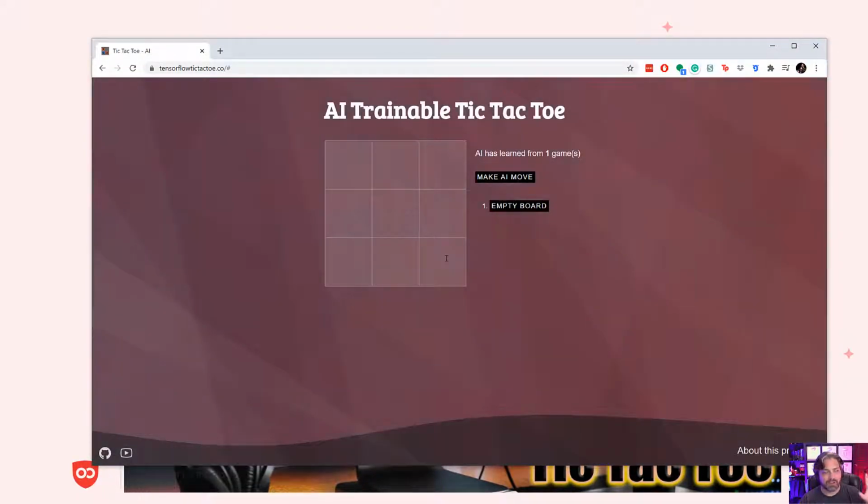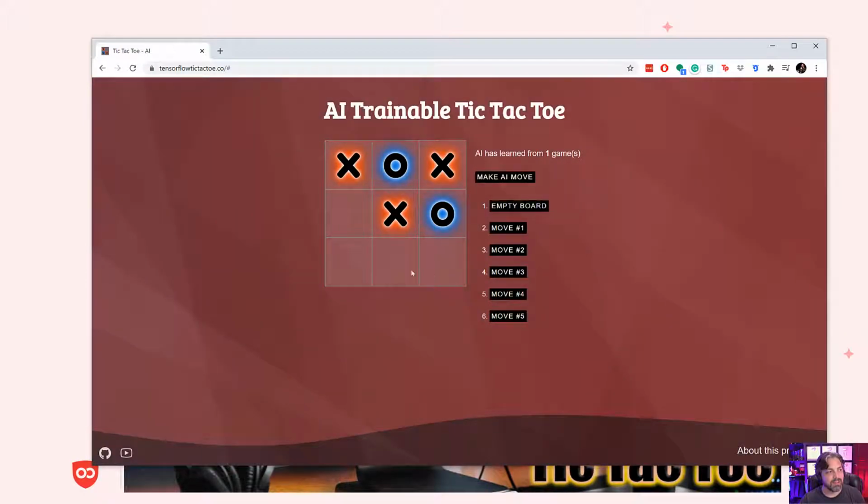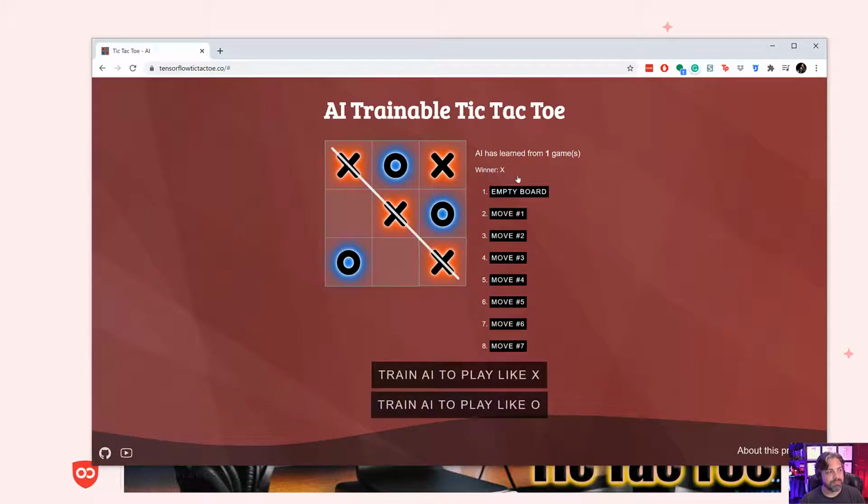We could try this out. So you can actually watch a machine learn, and then now when you make the AI move, you can actually watch it play a little bit like I just had, and here it is doing a good job. So you can actually watch a video on that and a bunch of other cool things.